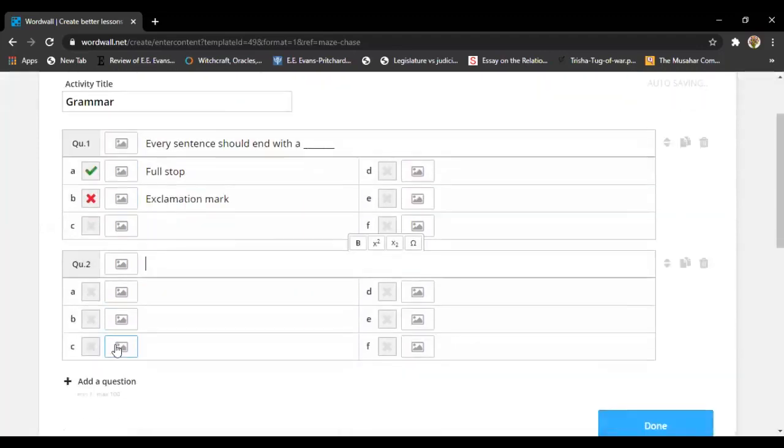And then one more question. Again, you can add the pictures if you want. I'm not adding right now, but if you want, you can add. Then I write: dash is very important when using English.